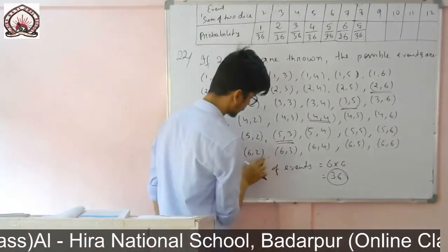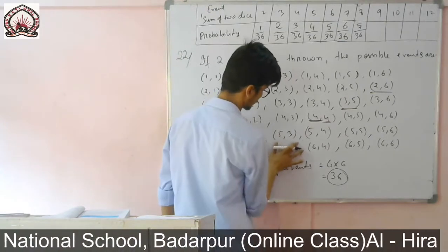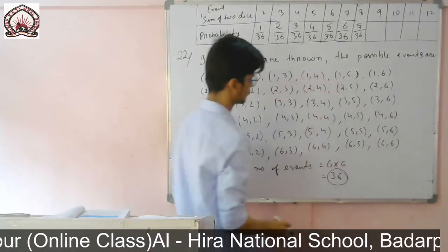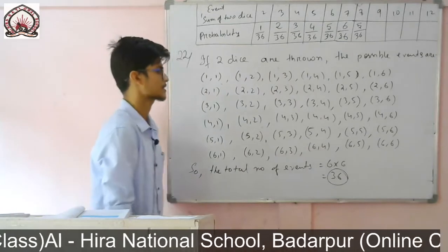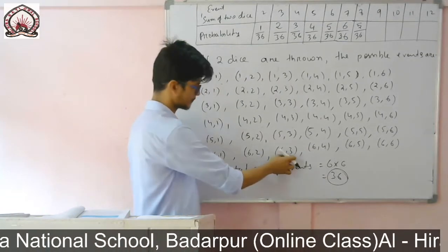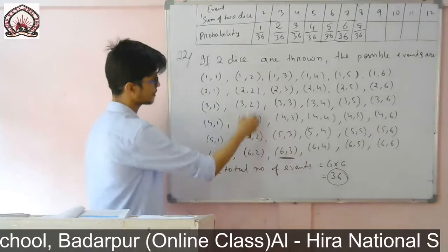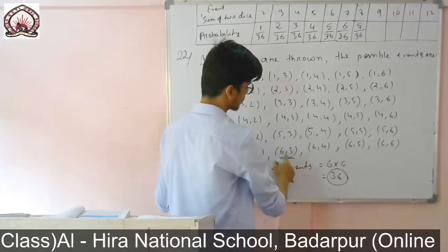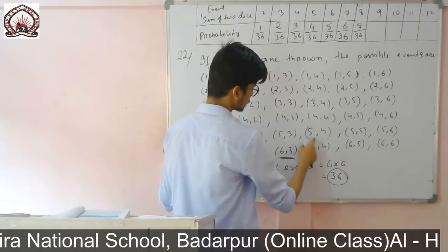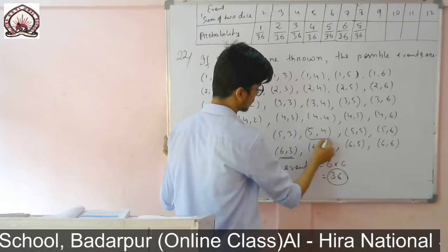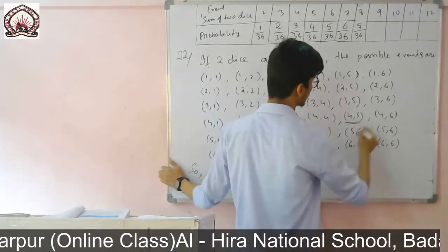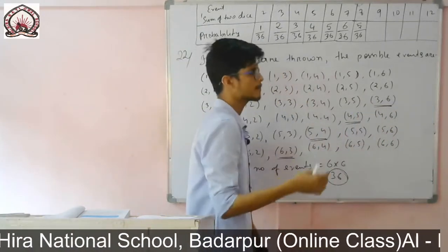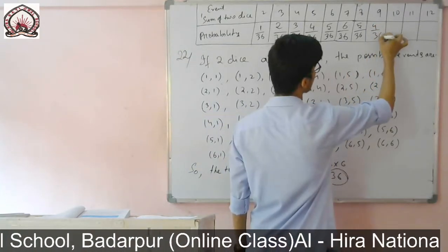So now for the next one we will start finding. Okay, so now for sum 9. So 6 plus 3 is 9. In this row the maximum is 6 plus 2, 8, so you leave this one and start from here. 6 plus 3 is 9, 5 plus 4 is 9, 4 plus 5 is 9, 3 plus 6 is 9. So how many events are you getting? 1, 2, 3, 4. So 4 events. That means probability will be 4 by 36.